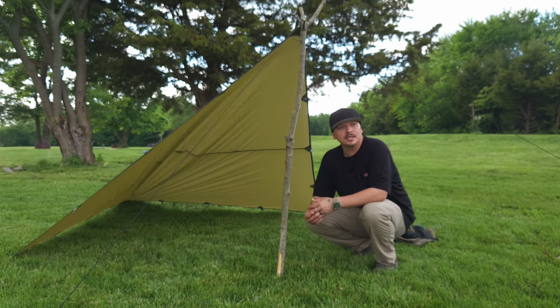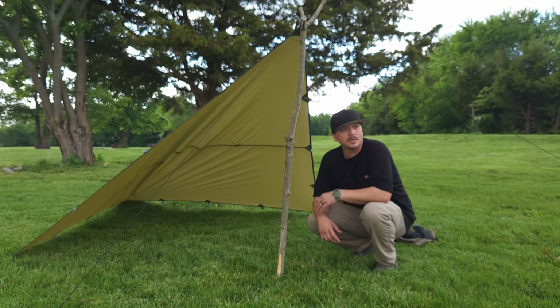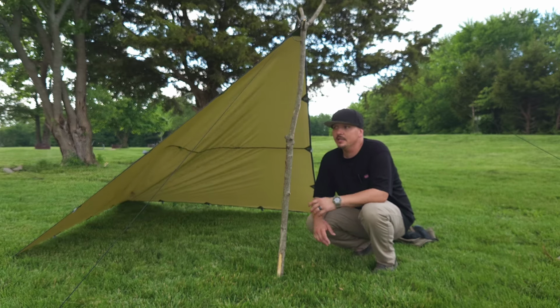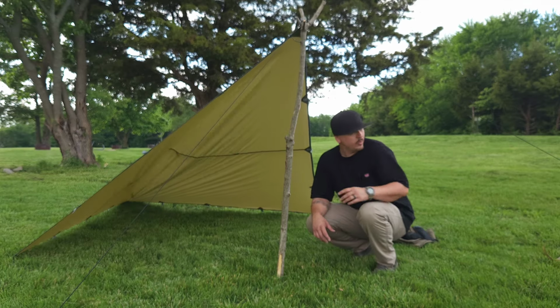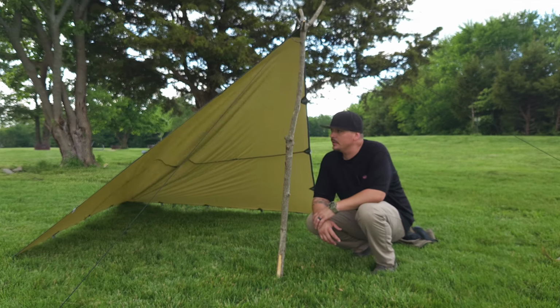I'm just out here at a lake that I used to frequent quite a bit. Probably last time I've been out here has been about 1.5 years ago, but it's a free campsite. I think there's probably maybe 8 or 10 little campsites right here with fire rings and all that, picnic tables. It's usually pretty quiet around here,